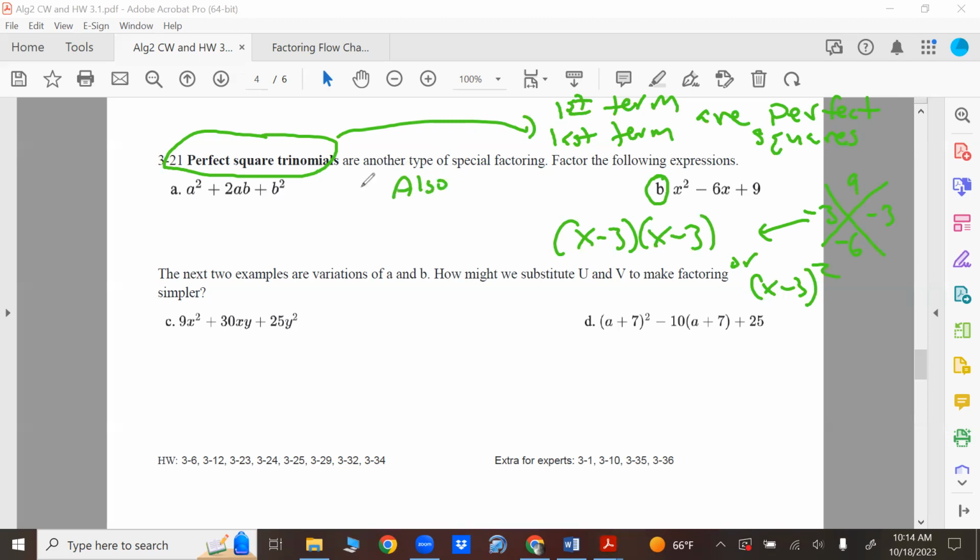Also, the square root of the first and last terms, the square of first and last terms, multiply